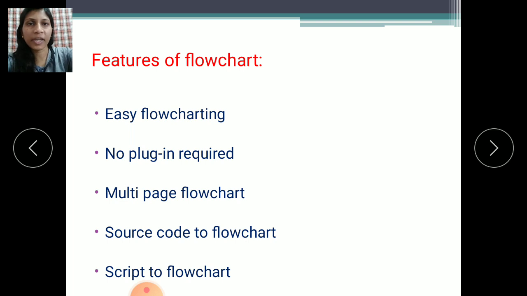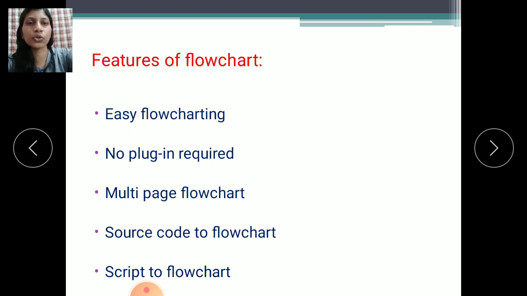Go to the next page and draw the off page symbol there. So we use the connectors, small circle and off page, to draw the flowchart on multiple pages.